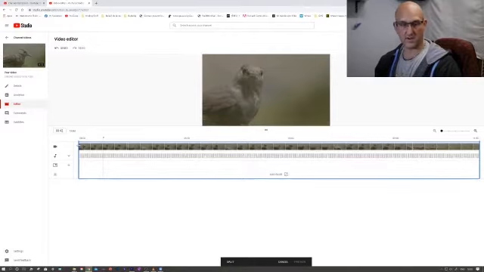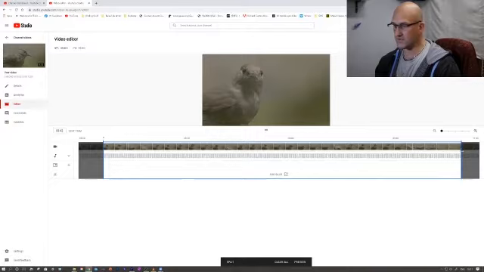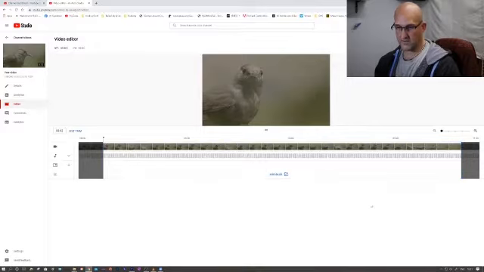So, look, we're going to use the trim tool now. We're going to just cut a little bit off the beginning. We'll take it to here. So we've gone a few frames in, and then we're going to just take a little bit off where the bird flies up into the air as well. There we go. So we're going to split it, and we are going to preview that.